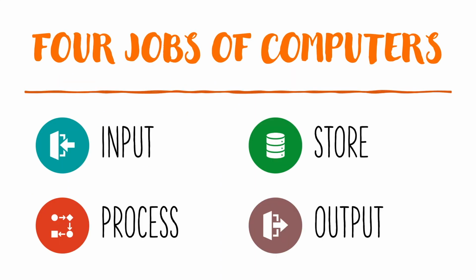The main four things that all computers need to do are: number 1, take some input, which can be using keyboards, mouse, touchpads, touch screens, camera, etc. Number 2, store the input in hard disks, SSDs and other mechanisms. Number 3, process the input in a predefined manner. And finally, provide an output, which is to do something like show a text on a screen, play some sound, move a hand of a robot in a specific direction, etc.